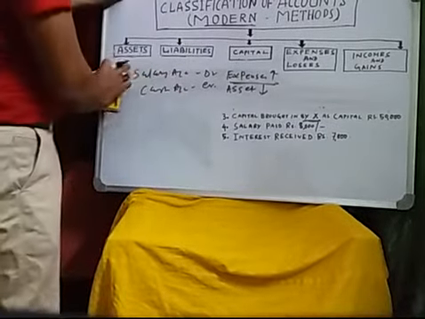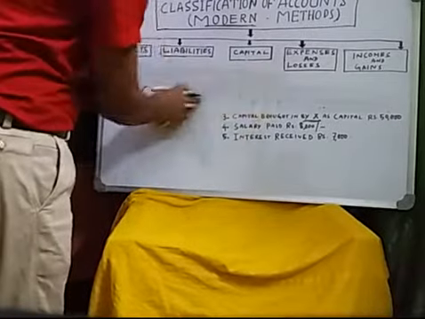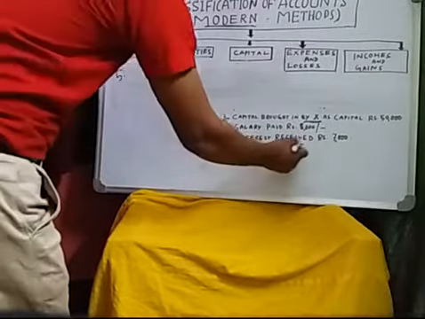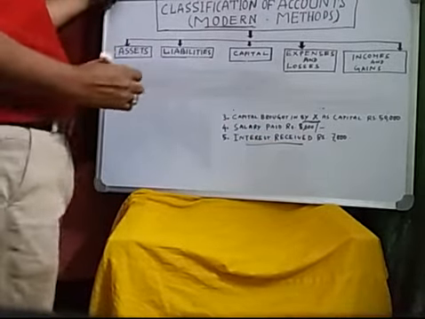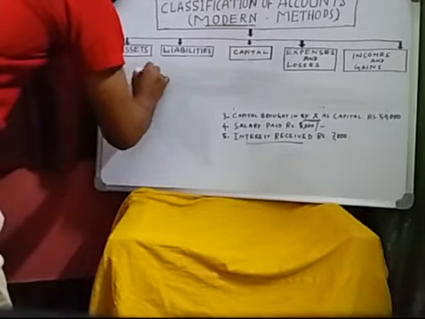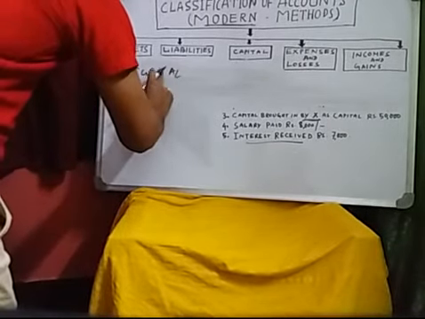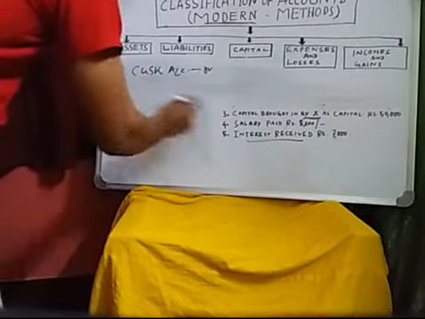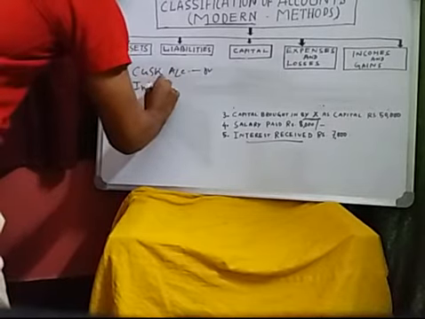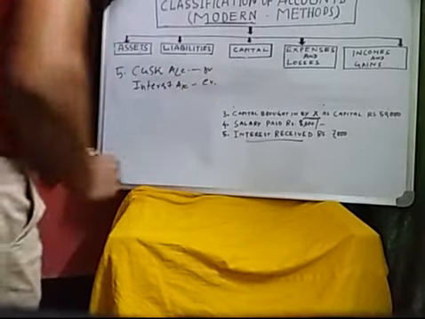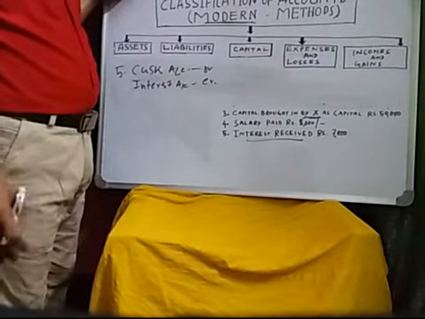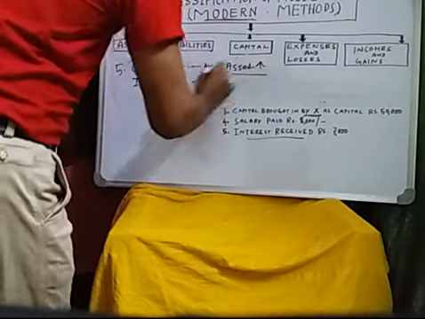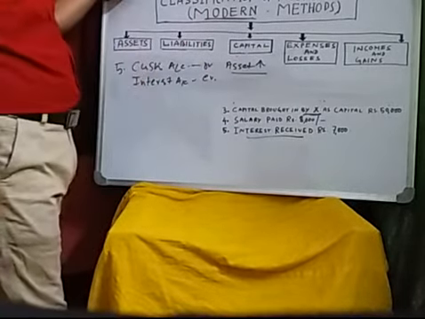Now is the question number 5. So question number 5 is interest received. Interest received means cash account debit. Cash account will be debit, and interest account credit. Why cash account debit and interest account credit? Because the cash is an asset, okay, and the value of assets is increasing. That is why cash is debit.